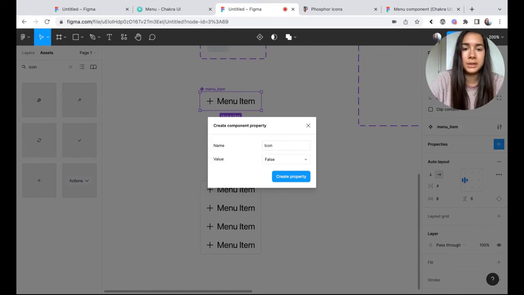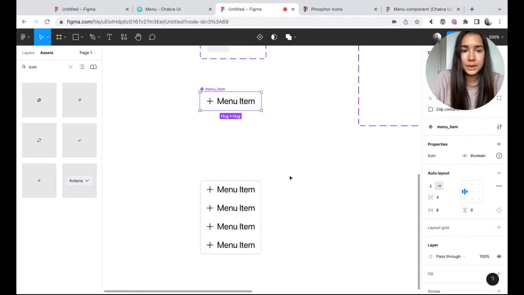because icon is something that's optional, and for the most part we're probably not going to have menu items with the icon, so we don't want it to always be there. So after we create this property, as you can see here, we have an alert that says that this property is not used within component.